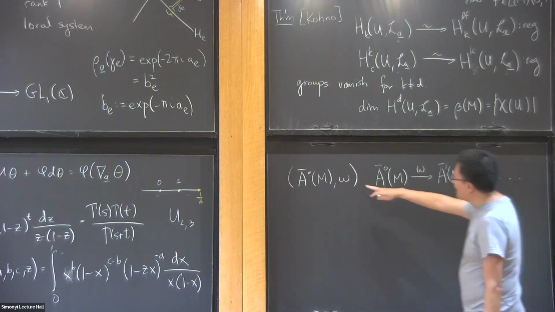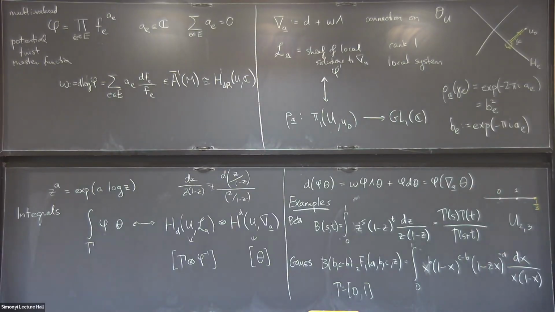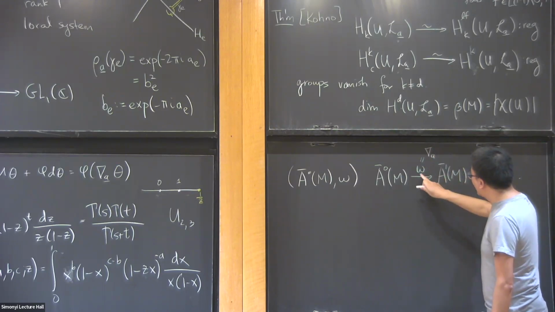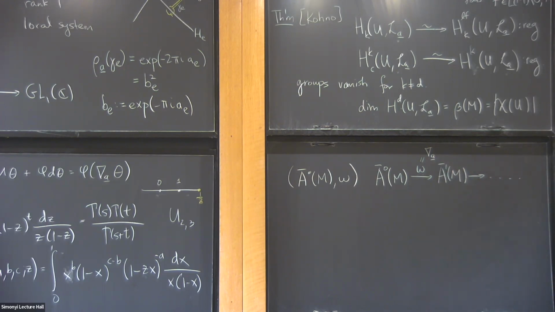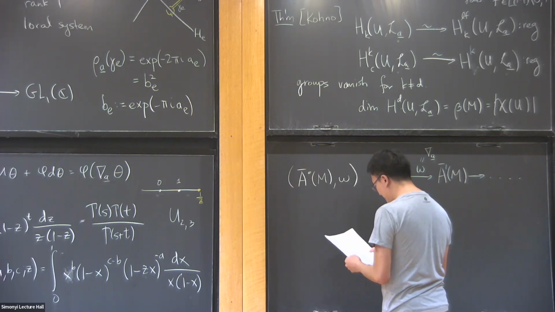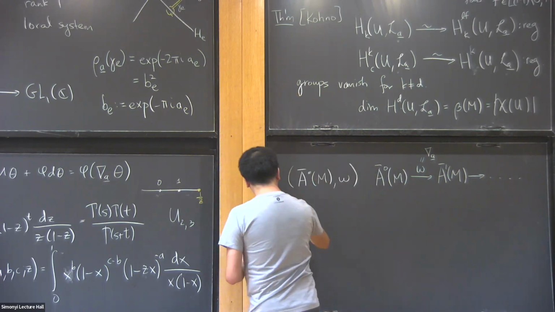Also, d is 0, so this is actually the same thing as the connection. This map is the same thing as applying the connection because d is acting by 0 on these forms. They're all closed forms. And so the theorem is again, with the same assumption, it turns out